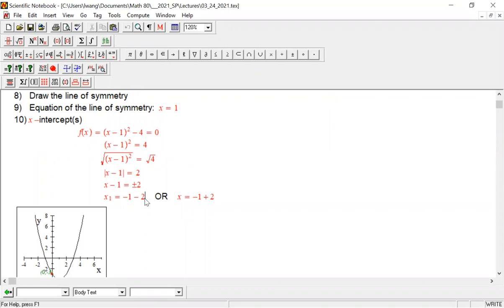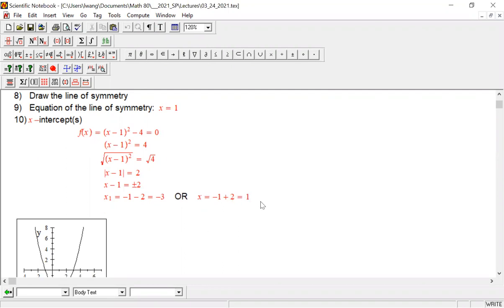So we have -3, and over here we have a positive 1. And now we got our x-intercepts. Our x-intercepts are -3, comma,